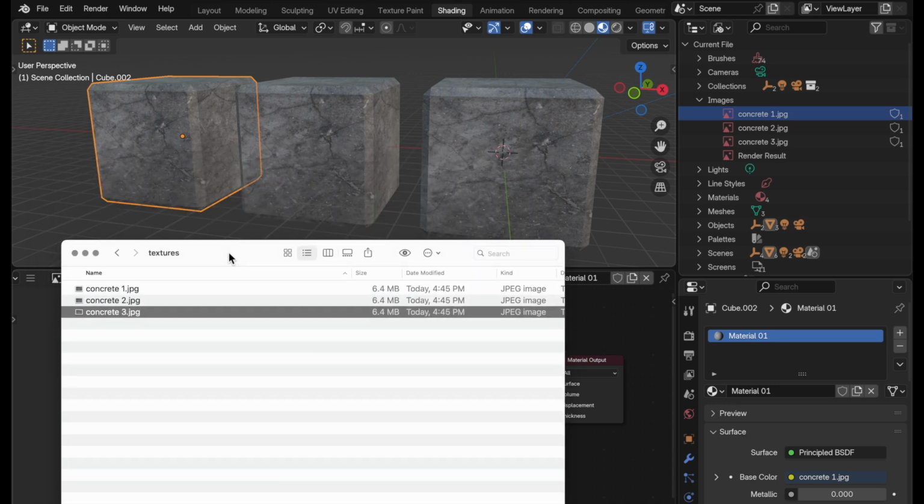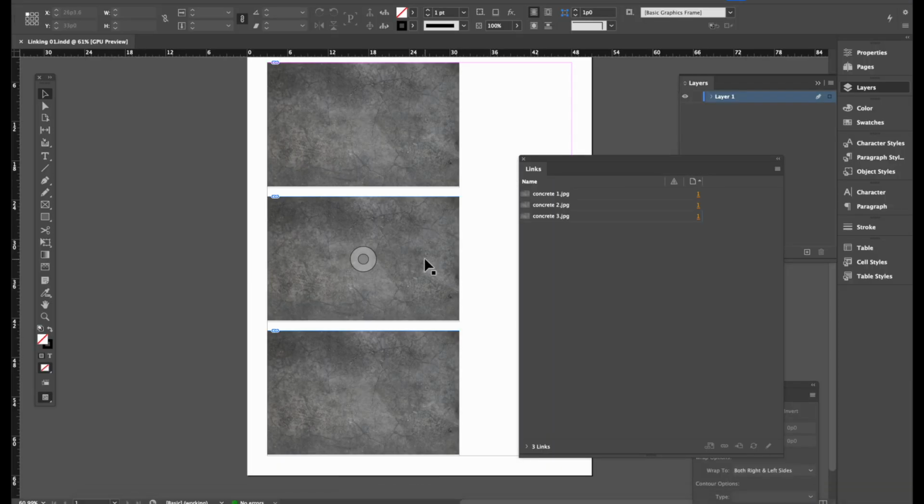To help demonstrate how I would like Blender to work, I also have an InDesign file with these same 3 bitmaps imported. The thing that I want to bring your attention to while we're in InDesign is InDesign's link palette. So keep that in the back of your mind. When we jump